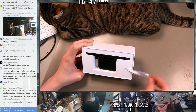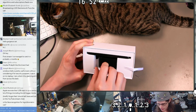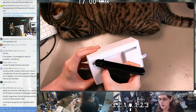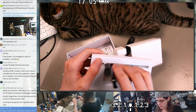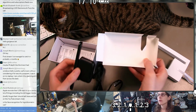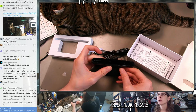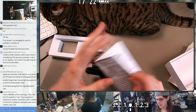That's interesting. So there's like a ribbony thing, which just seems to be glued to some foam in there. And this is all just foam. It's really thin. Wow. I did not expect it to be this thin. So we've got the layer of foam. This is thick foam too. Thin cardboard. There's the actual camera. It's got a little protective film over the front. What else is in here? Just some paper,